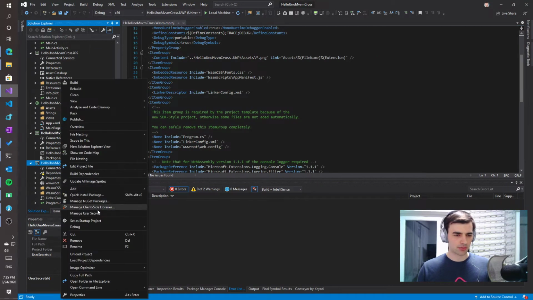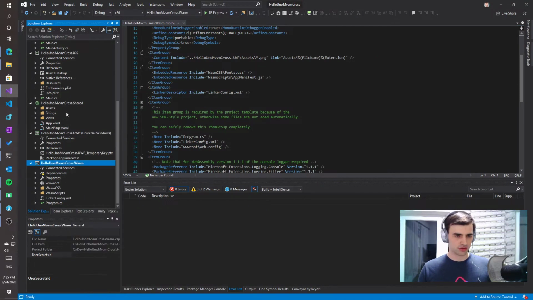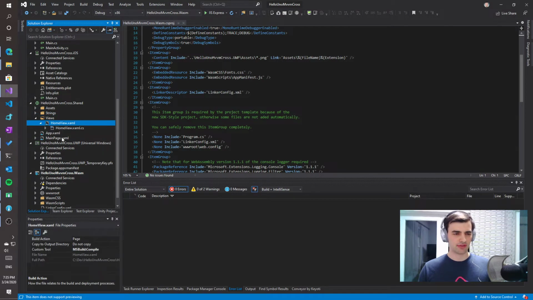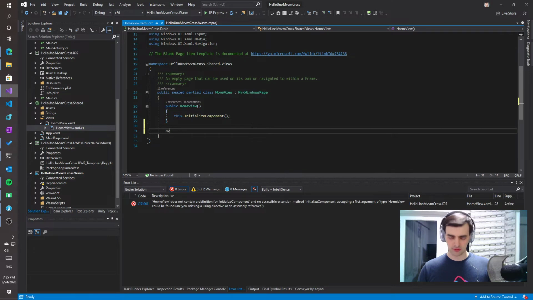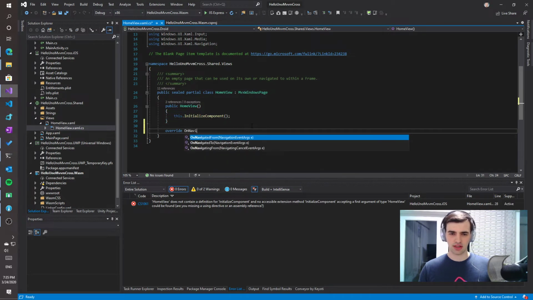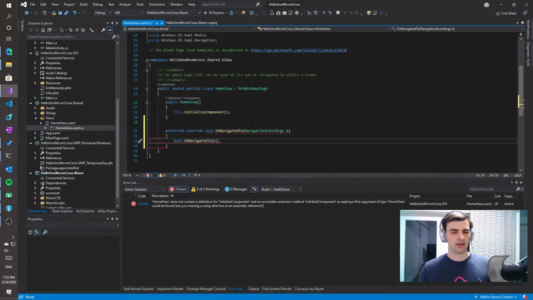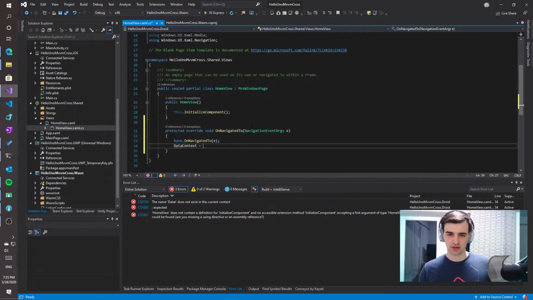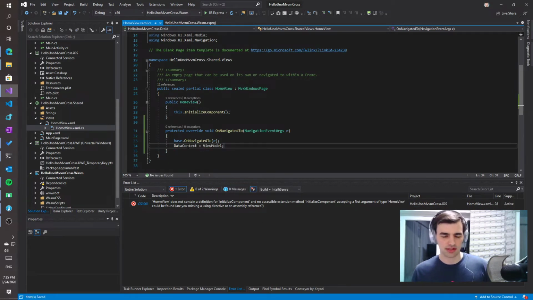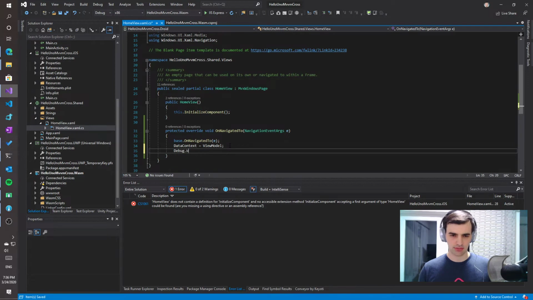I can try one more thing just to make sure we tried everything, and that is that on navigated to, I will make sure that the data context is set to view model, just to make sure that it happens in the end. And I can even do something like Debug.WriteLine,